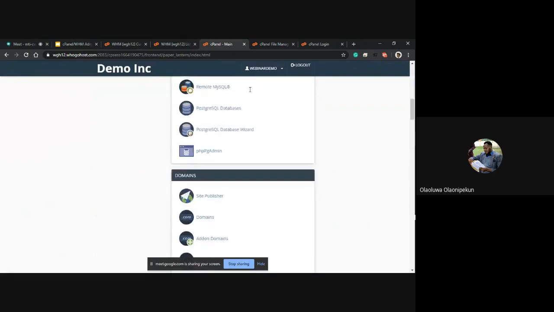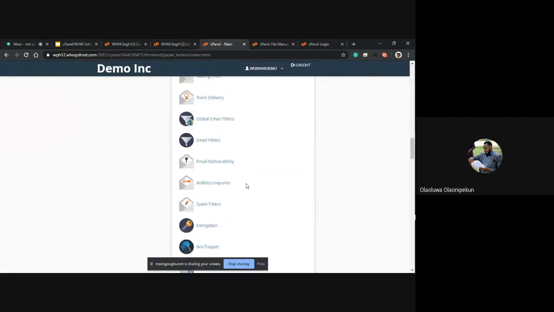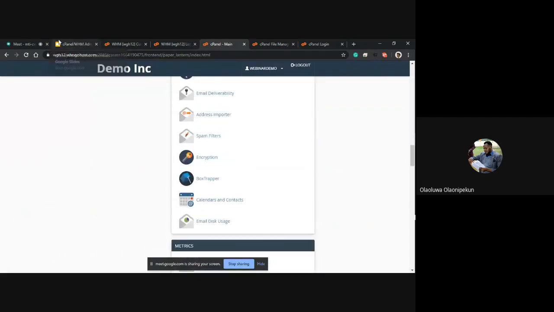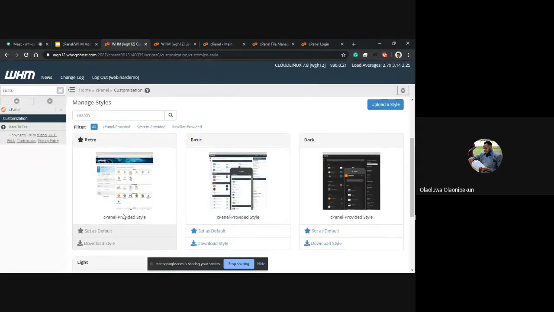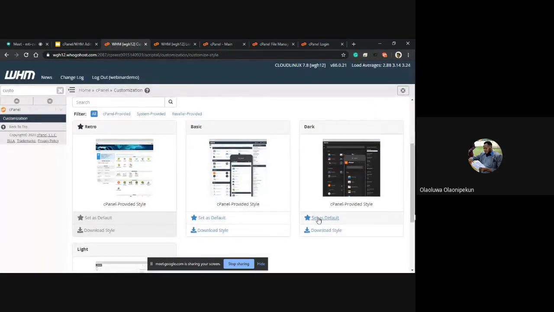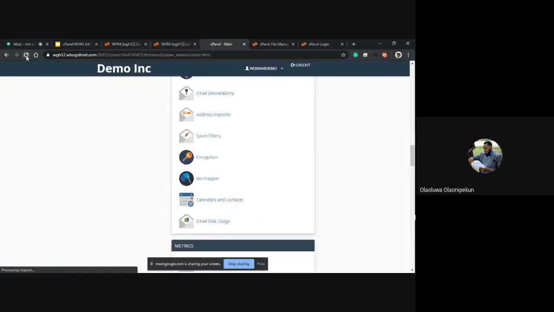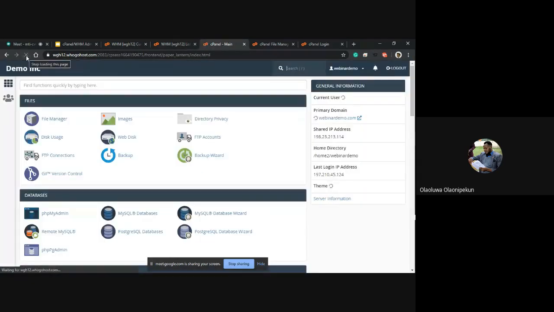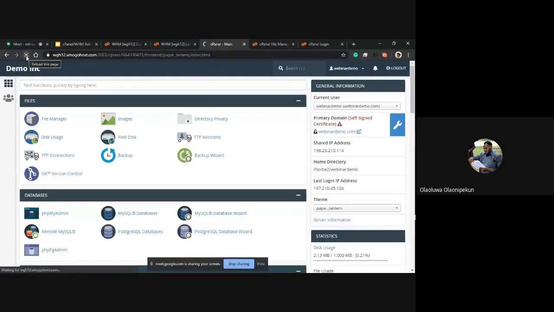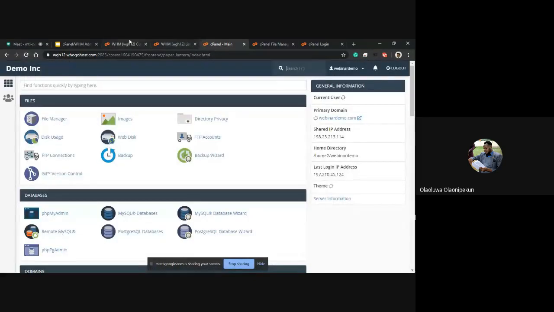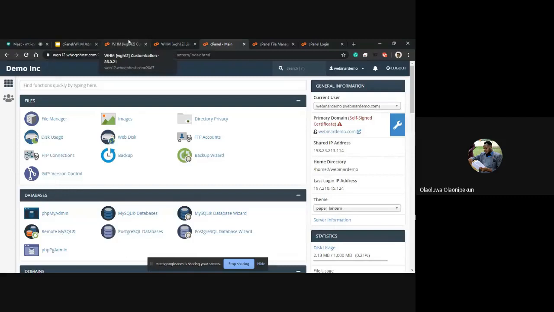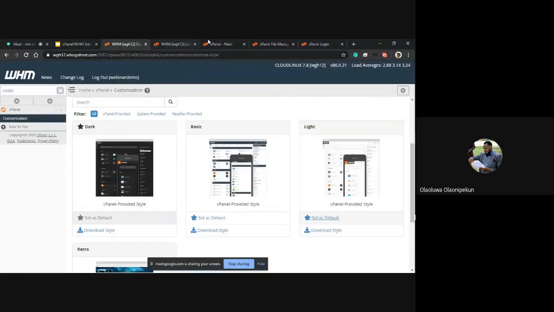Okay, so this is how the new theme I have looks. Then I can change it to whichever one I want actually. So I can change it to the dark theme, which makes perfect sense. I think this is more of a cache problem now. I need to log out and log in, and I don't think we really have so much time for that right now. So you can basically change the style